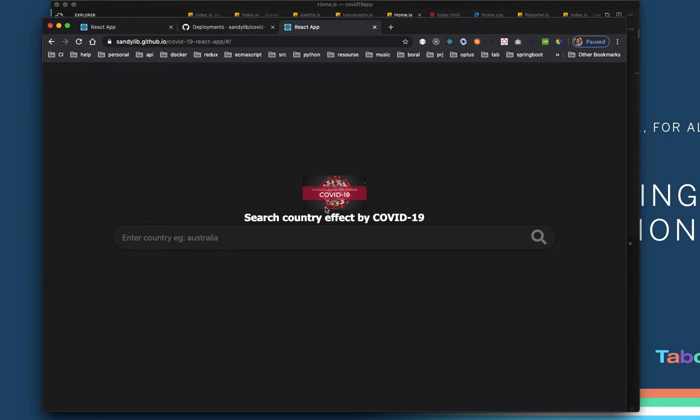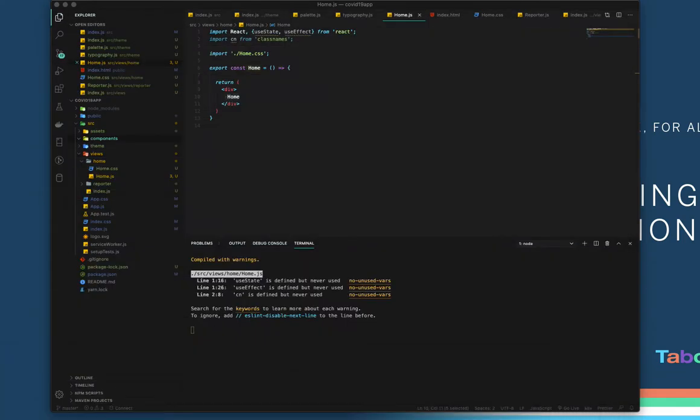In real life, you probably could put this search bar in the components, so you could reuse it everywhere it's needed. But for this demo showcase, I just leave it at the home page. So let's go back to our code. In here, like I said, I'm going to have a home page. By the way, before I start typing, I just want to explain to you